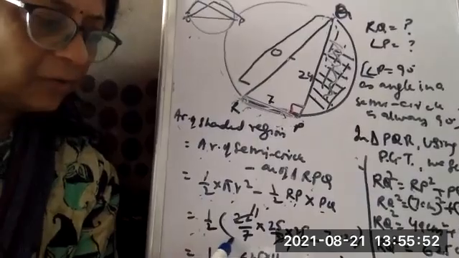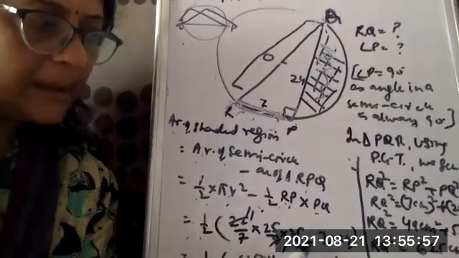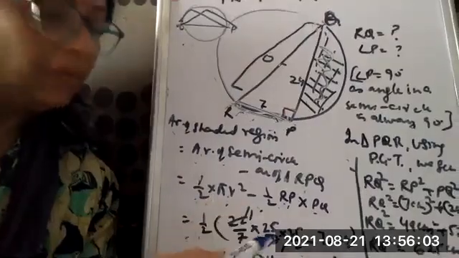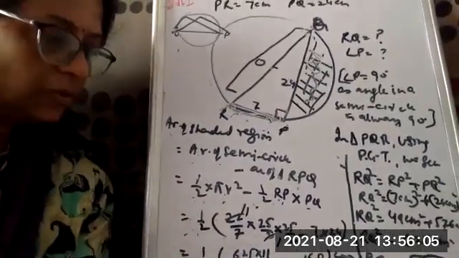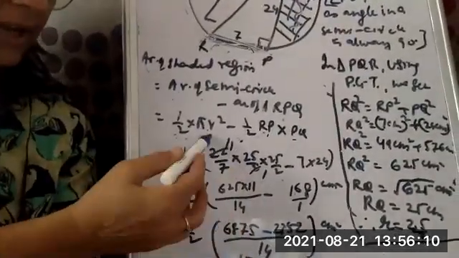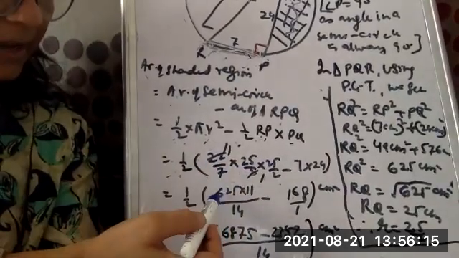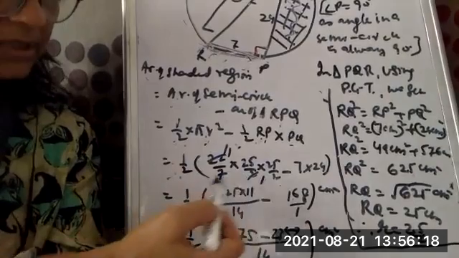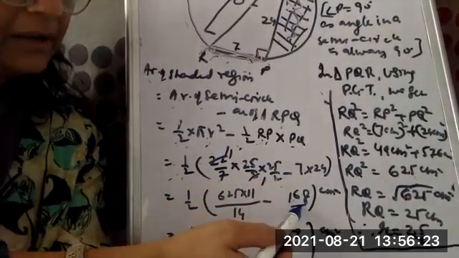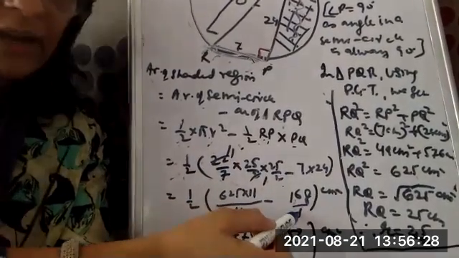And the value for pi is 22 by 7, into radius 25 by 2 into 25 by 2 because it is square, minus RP is 7 and PQ is 24. So we will multiply them. Now half into, here 2 and 22 are cancelled. So when we cancel 2 with 22, we get 11. So half into 25 into 25 divided by 11 divided by 14, because this 7 and 2 are left unsolved. Minus 7 into 24. 7 fours are 28, 2 carry, 7 twos are 14 plus 2, 16. So we have this 14 and here 1 in the denominator.